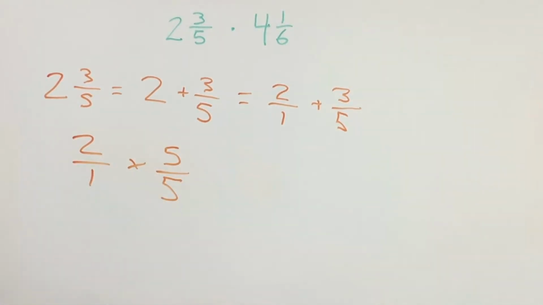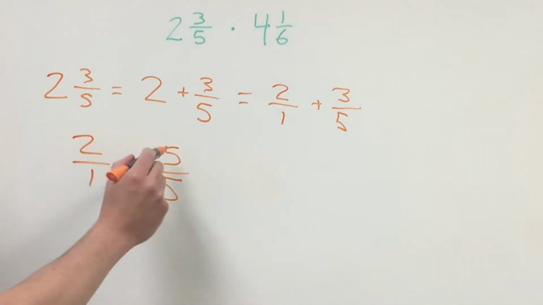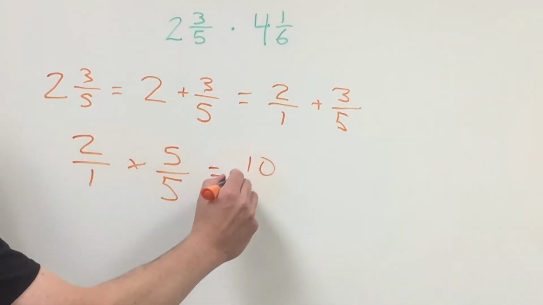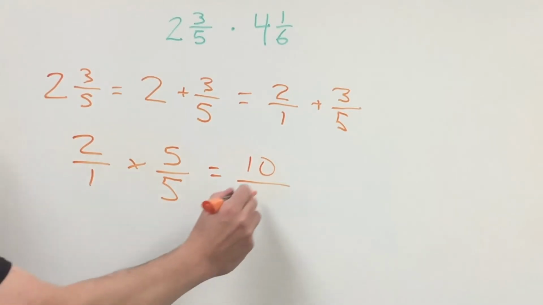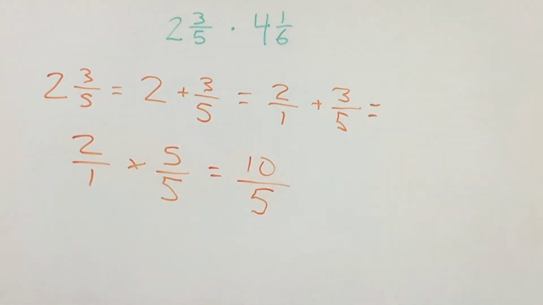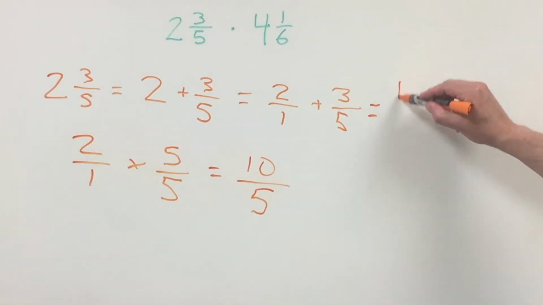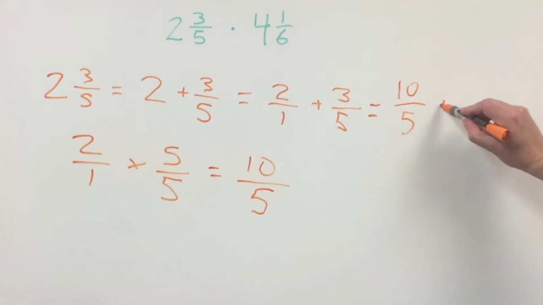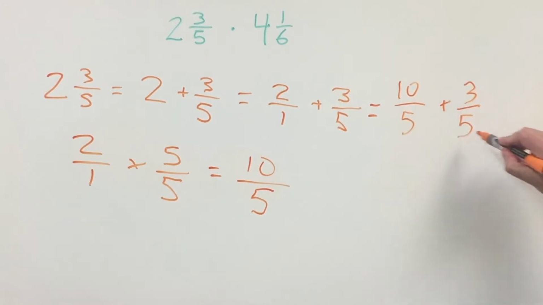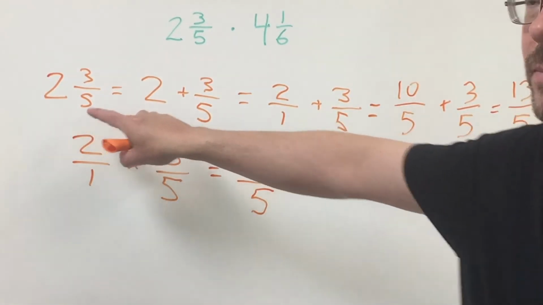Multiplying fractions is very straightforward. We multiply the numerators, 2 and 5, to get 10. We multiply the denominators, 1 and 5, to get 5. Now that we know that 2 is equal to 10/5, we can rewrite the problem as 10/5 plus 3/5. Adding fractions, when we have a common denominator, is very simple. We add 10 and 3 to get 13, and put it over the common denominator 5. So now we know that 2 3/5, a mixed fraction, is equivalent to